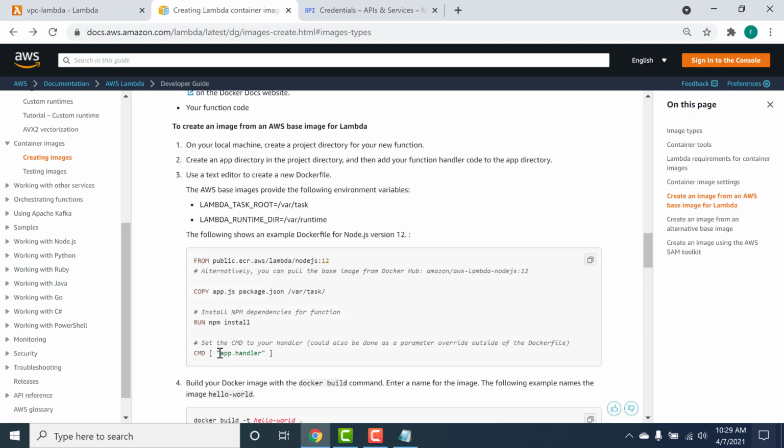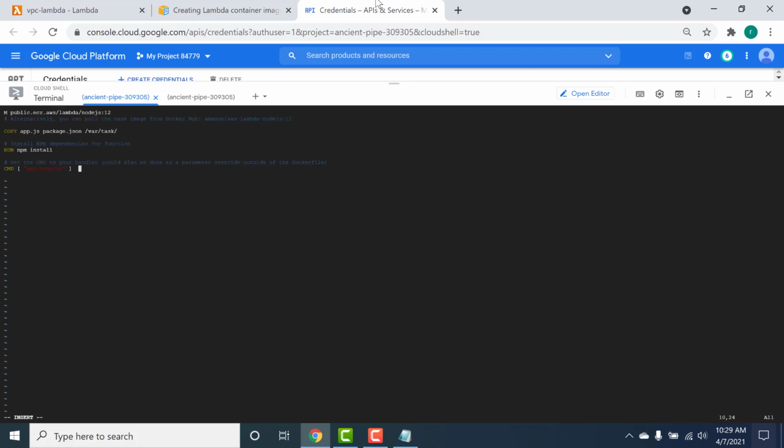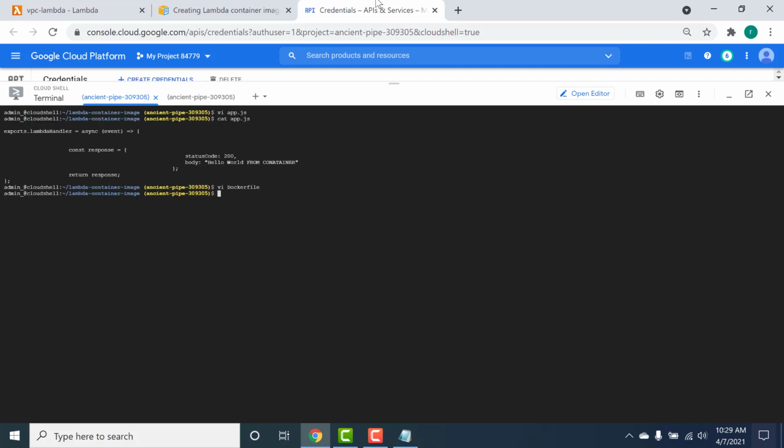Currently this handler will need to change for us. Instead of handler, you need to make this lambdaHandler. So let me copy this and paste it here. The only change I need to make is to change this handler to lambdaHandler. Everything else is fine, so let me save this.